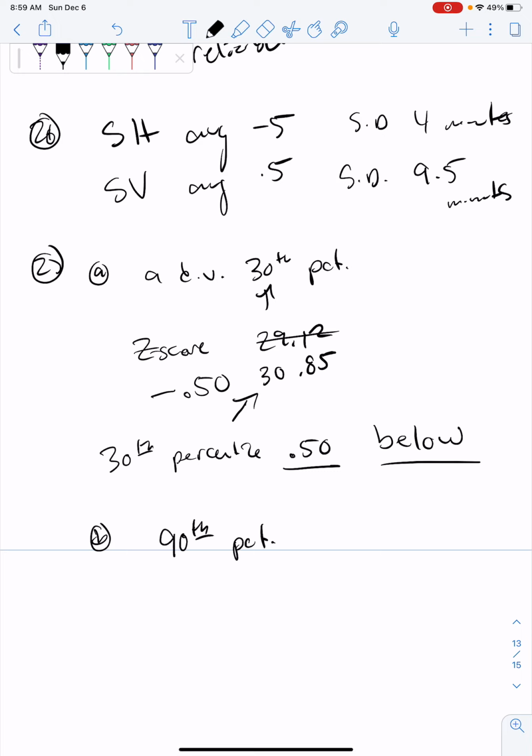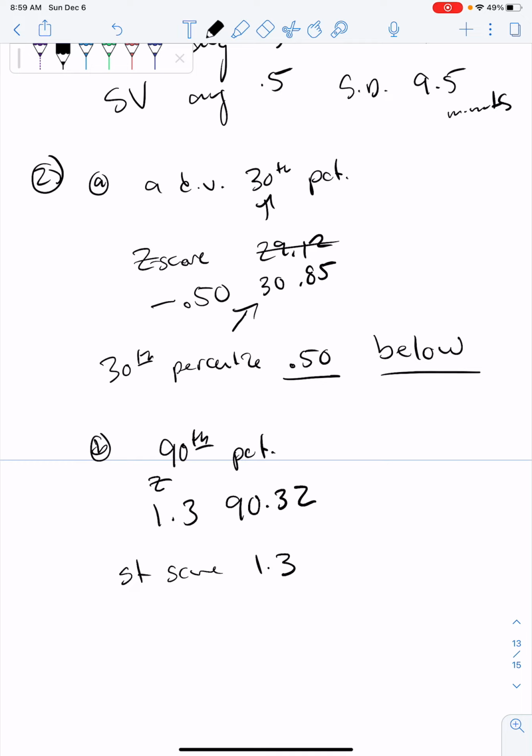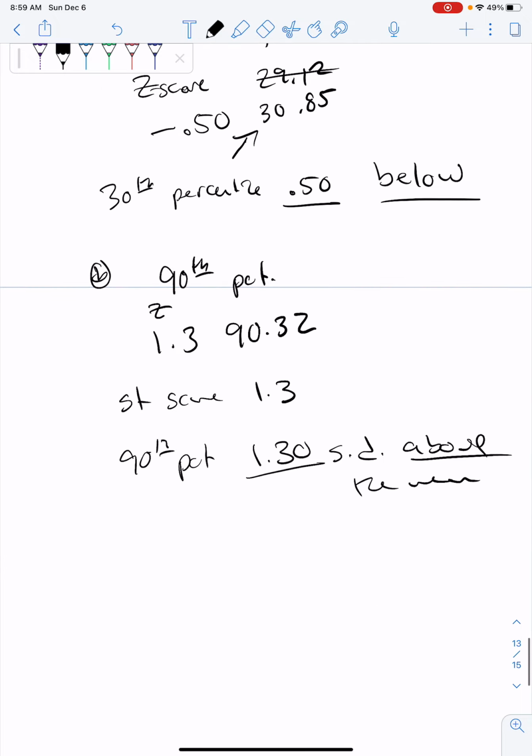So for the 90th percentile, if I look at the table, the closest one to 90 is 90.32, and that gives me a 1.3 z-score. So I would say that I have a standard score of 1.3, and what that means is that the 90th percentile lies approximately 1.30 standard deviations above the mean because it's a positive 1.3. So I need to put 1.3 and above. And for part